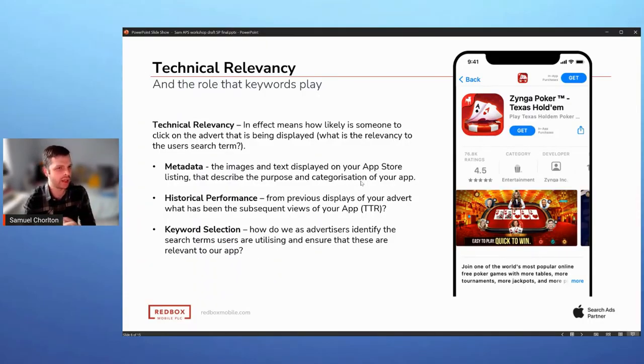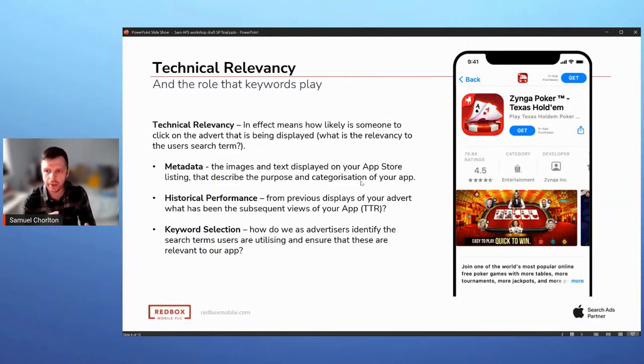You can get some gauge of how you may be performing from a relevancy point of view if you speak to Apple or look on the search ads platform. There are some things about share of voice that are an indication about how you might be performing. How can we potentially influence it?